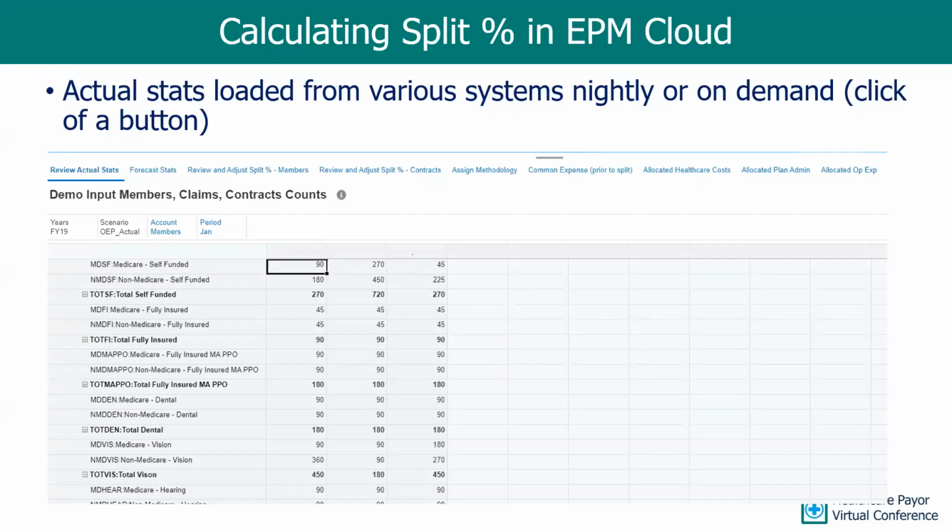And so what we could do is we can actually load in all those different actual statistics. So it may be our claims, members, contracts, loading in those counts so that we can then calculate the split percentages across all the different plans. We can then apply that to our forecast, and then we've got a fully allocated